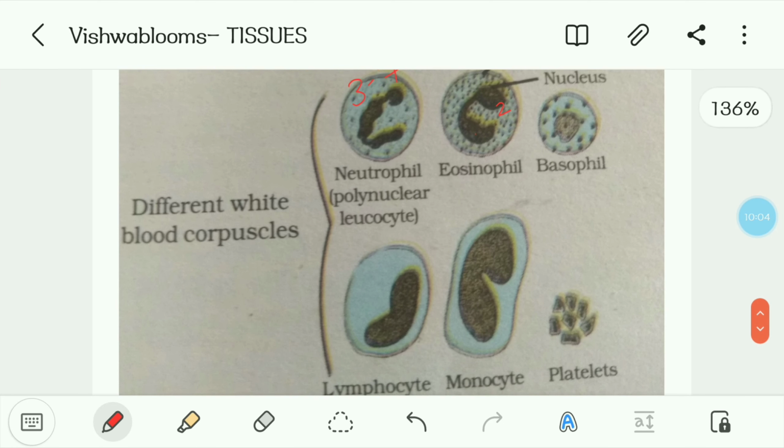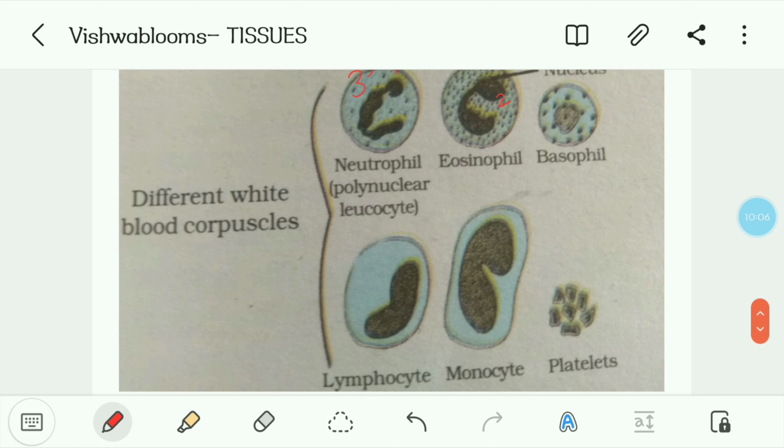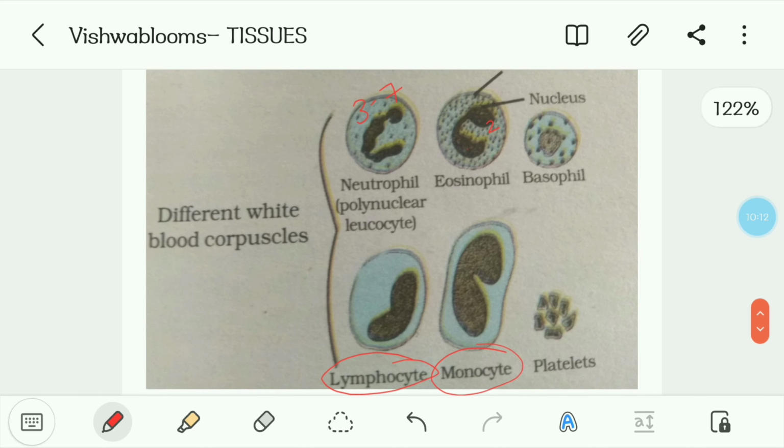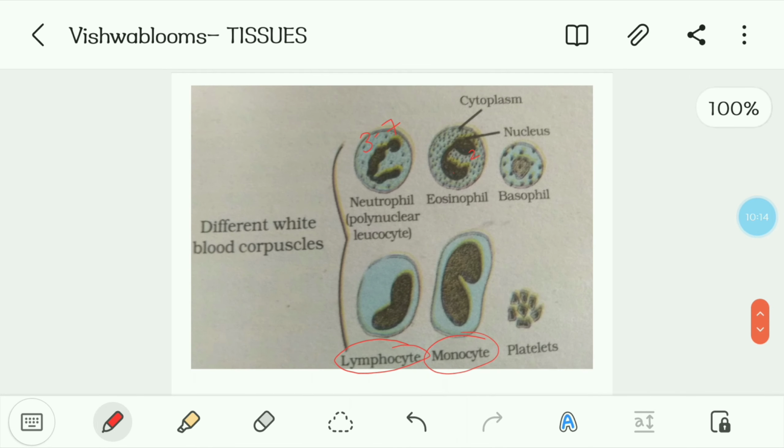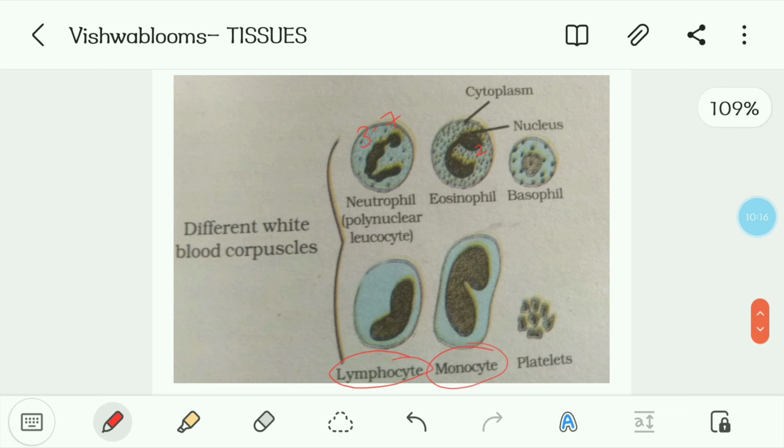Okay, and then we have to discuss the next two, that is lymphocytes and monocytes. So these are also different WBCs, but these are not so soft as neutrophil, eosinophil and basophil. These three, they will come and fight first, but they are a little bit soft in dealing with it.